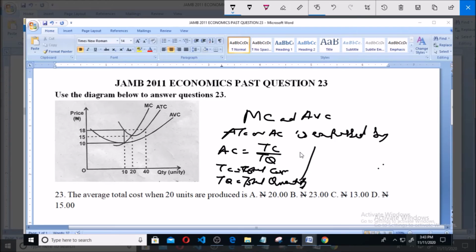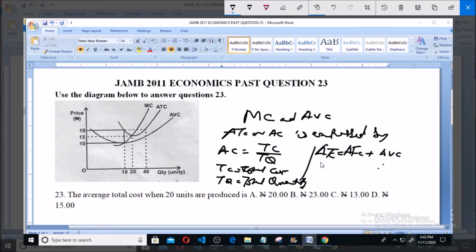So therefore our AC, or ATC in this case, is equal to average fixed cost plus average variable cost. Thus,